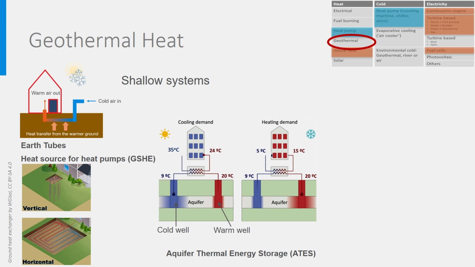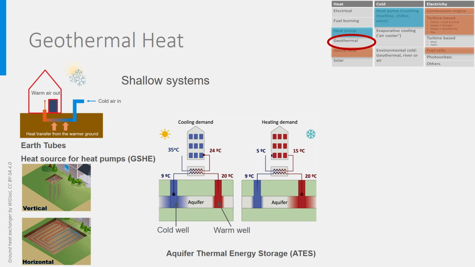This pumping of the cold aquifer water is done all summer, resulting in a bubble of warm water at the warm well. As sand's thermal conductivity is not very high, the bubble of heat is able to remain for a few months. And then winter arrives, where we need heat. The heat that has been stored in the warm well can then be used by just reversing the flows in the heat exchanger. That's the picture on the right. Now the warm water is pumped to the heat exchanger, in which it gives its heat to the cold outdoor ventilation air in such a way that it is nicely preheated, for instance from 5 degrees to 15 degrees.